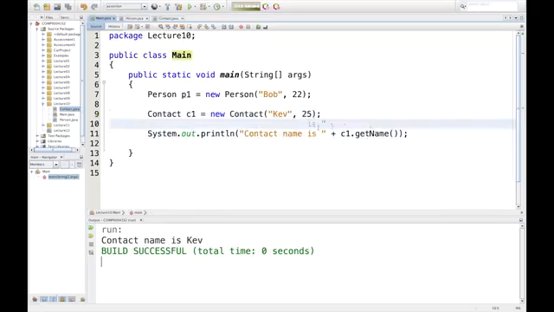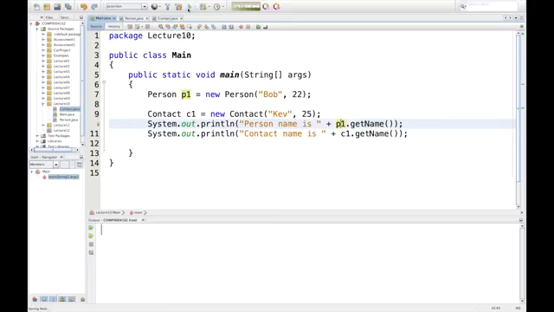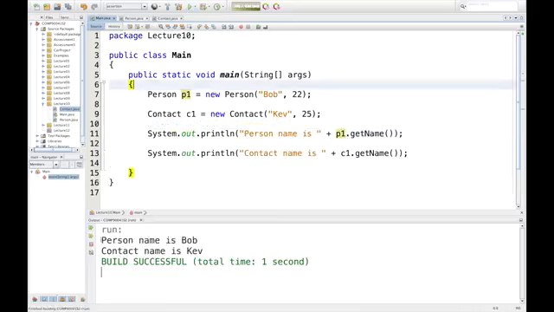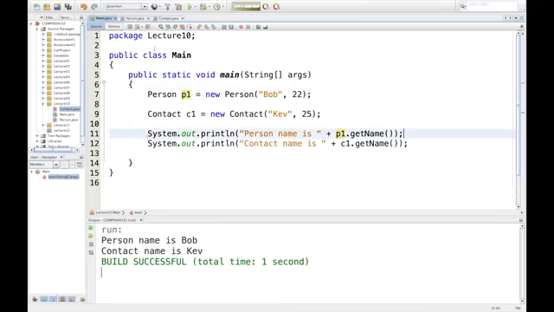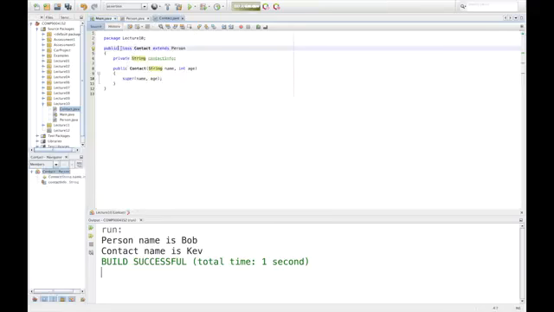Let's do the same thing. Person name is, and let's just call that p1. So when I run this, you'll see that you have now two outputs, and now you can see that person name is Bob and contact name is Kev. So that's pretty much what you would expect and what we've been covering so far. If I was to change contact and make it abstract without changing anything else, I'm just now making it an abstract class,